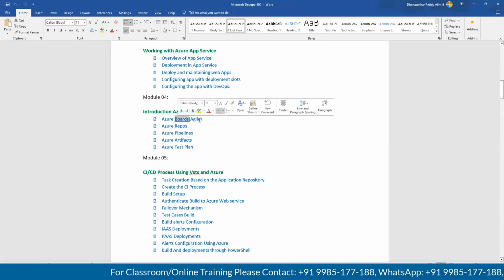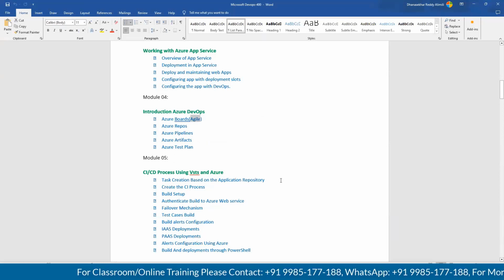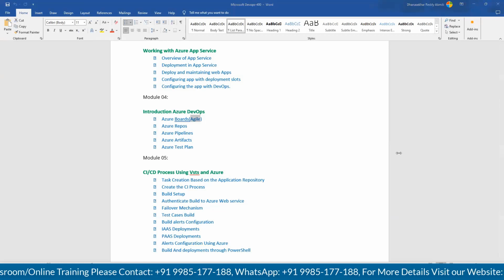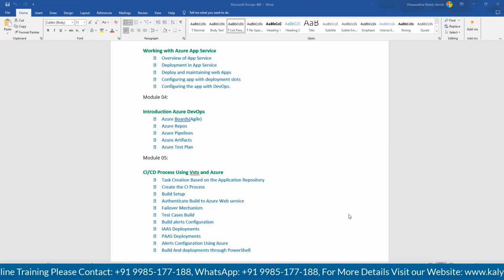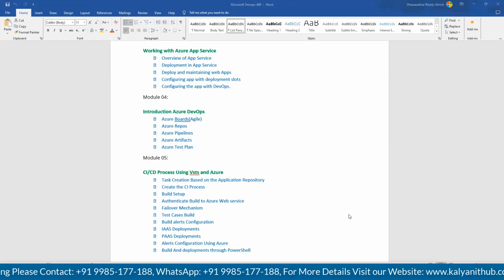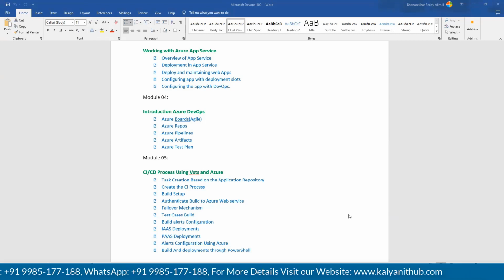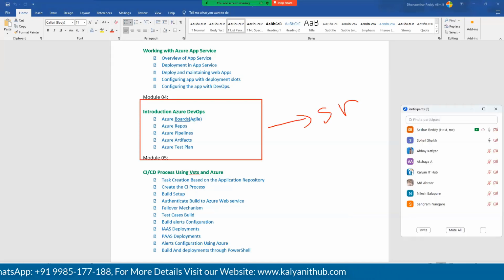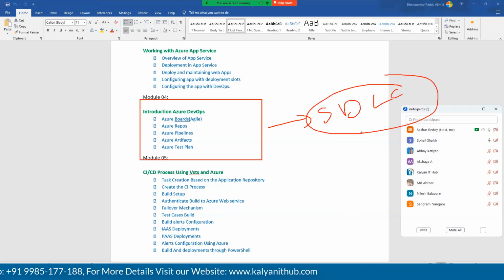Okay, Azure Boards, that is totally Agile. Do you know what Agile is? Nowadays, you might have heard of it in the IT industry, right? What is Agile? Anyone? The deployment model, adopted after SDLC. Have you heard about the waterfall model? Yeah, SDLC, the Software Development Lifecycle. Am I right?